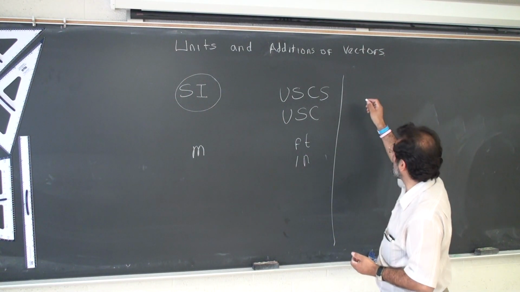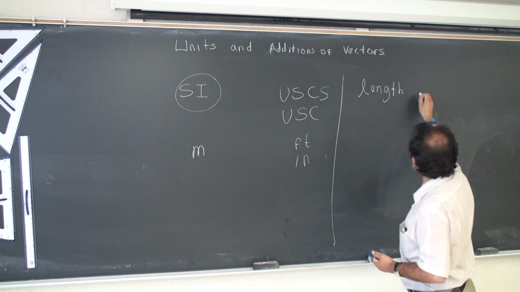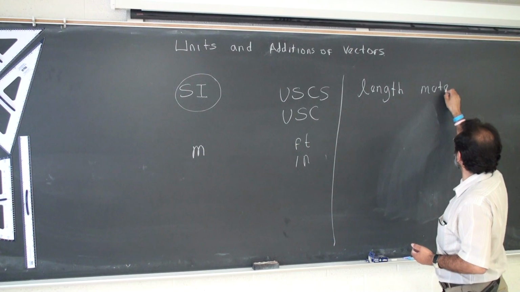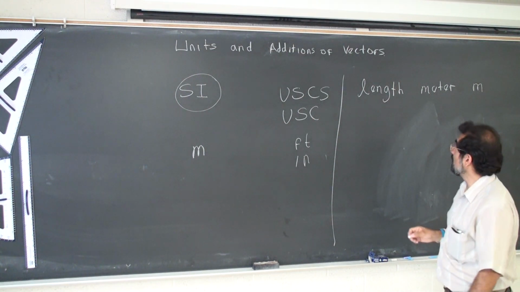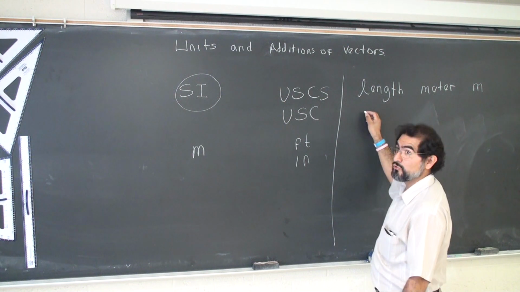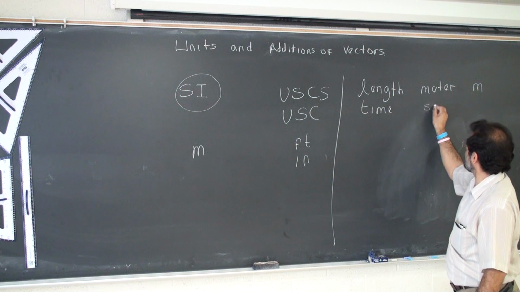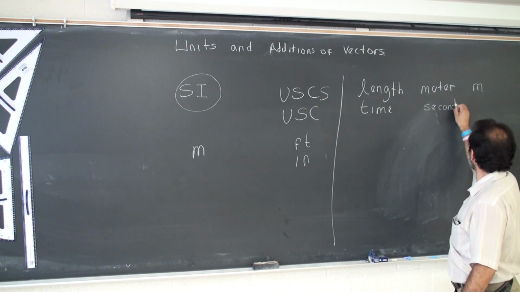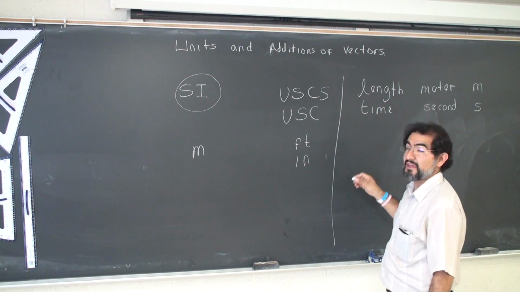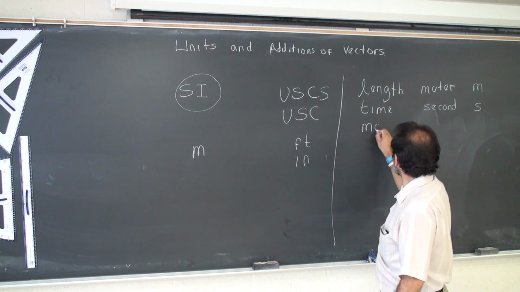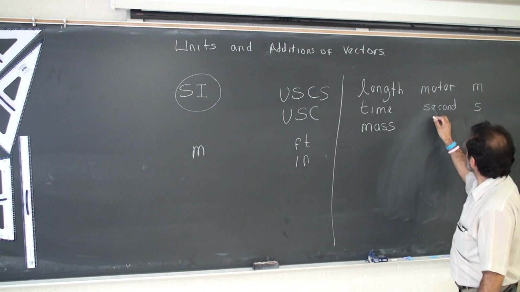For example, the physical quantity of length is going to be the meter, denoted in the international system with M. We are going to have the unit of time, the second, denoted by the letter S. We are going to have the unit of mass, denoted by kilogram,